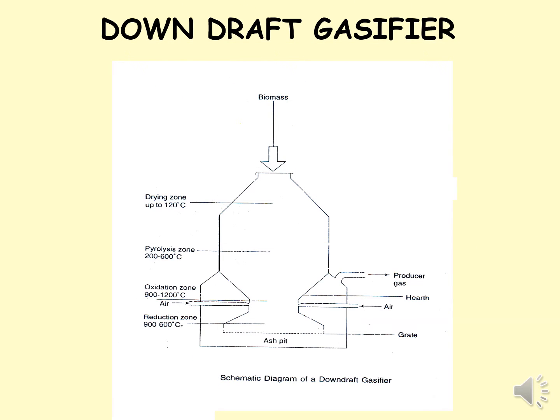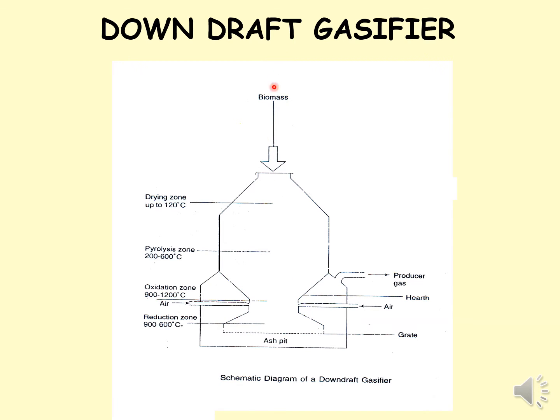So this is the downdraft gasifier. Here air is supplied from both sides. I will take the pointer option. Air is supplied from both sides, biomass is fed from the top, and the gas is collected from the bottom itself. That is producer gas. So this is called the downdraft gasifier.